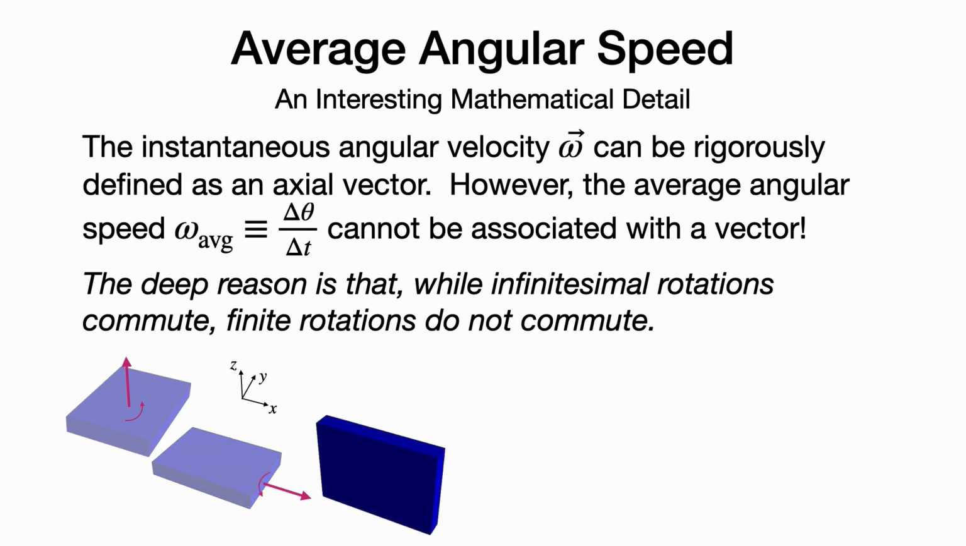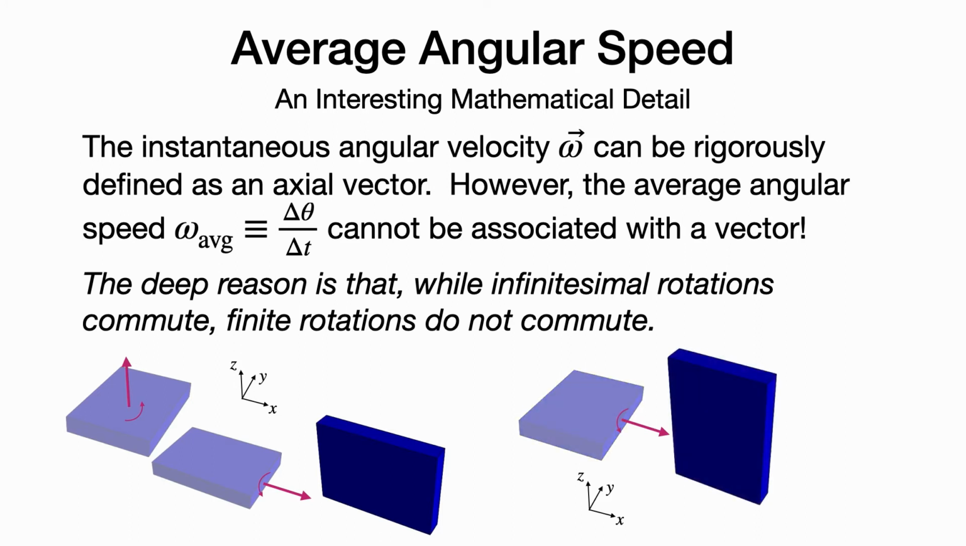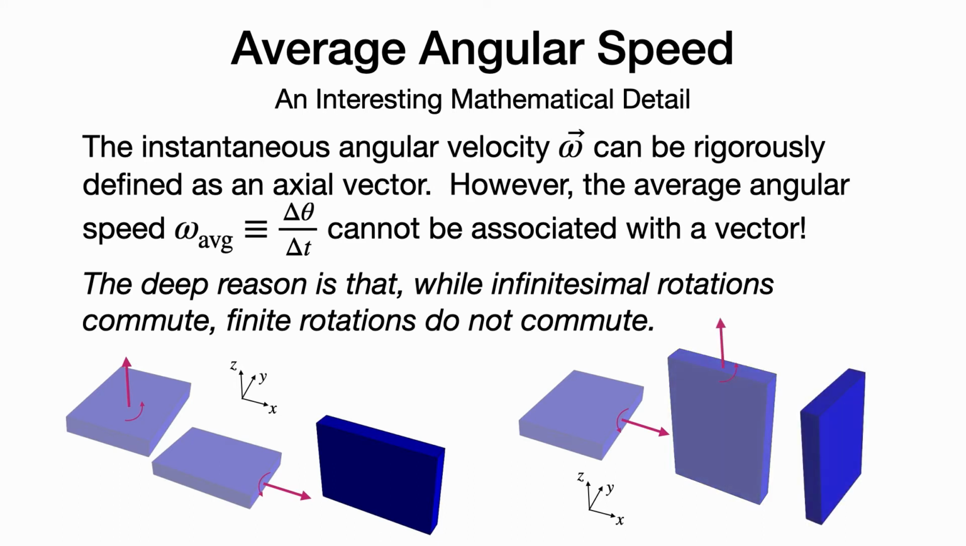Now, let's do the same two rotations, one about the z-axis, one about the x-axis, but let's do them in the opposite order. So we start with the book in the original orientation. We now rotate first, this time about the x-axis. We get the following orientation for the book. Now we want to rotate by 90 degrees around the z-axis, and the result is the book in the illustrated